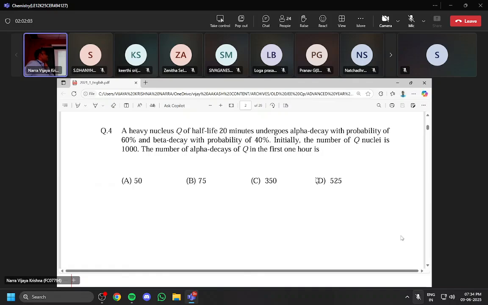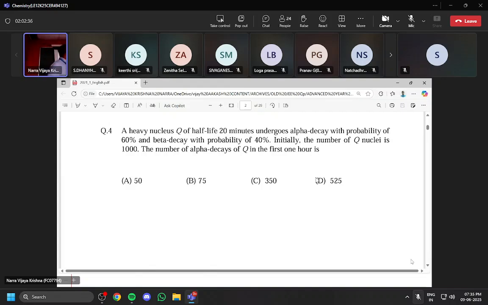Can you solve? A heavy nucleus Q has a half-life of 20 minutes. It undergoes alpha decay with a probability of 60% and beta decay with a probability of 40%. What did they make? Small marks they added, nothing there, right? So alpha probability is 60%, beta probability is 40%. Initially, the number of Q nuclei is 1000. The number of alpha decays of Q in the first 1 hour is